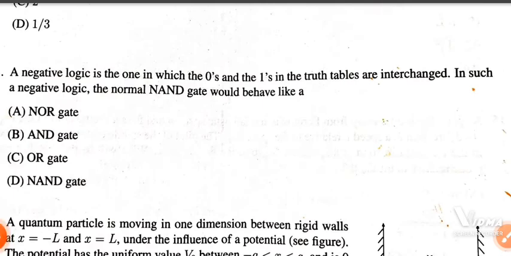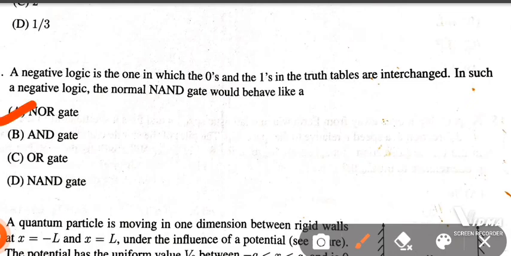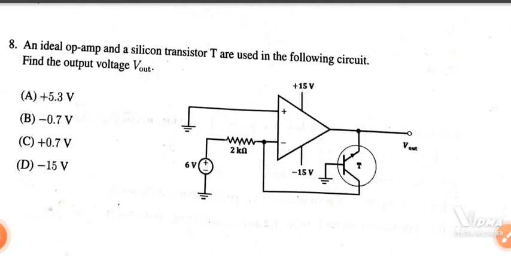This is question number 11. A negative logic is one in which the zeros and ones in the truth tables are interchanged. In such a negative logic, the normal AND gate would behave like, simply, the correct answer here is NOR gate, option number